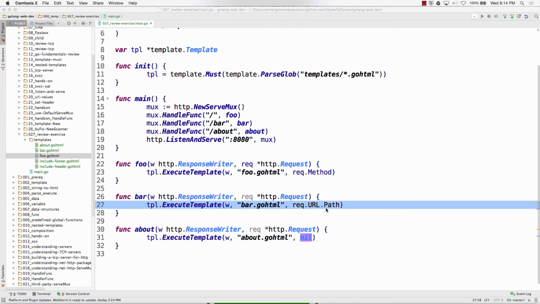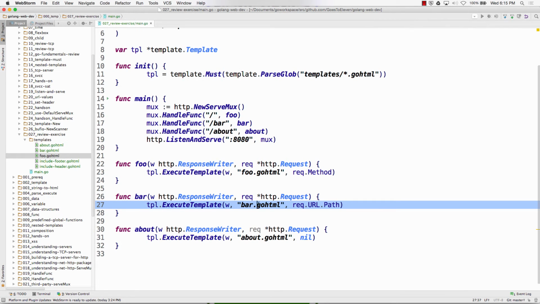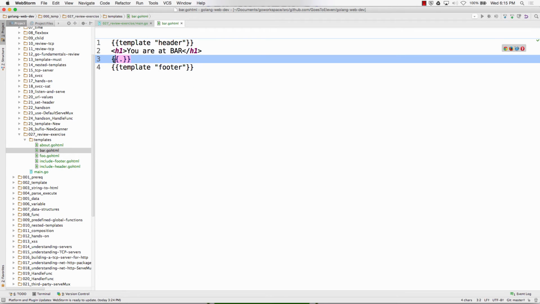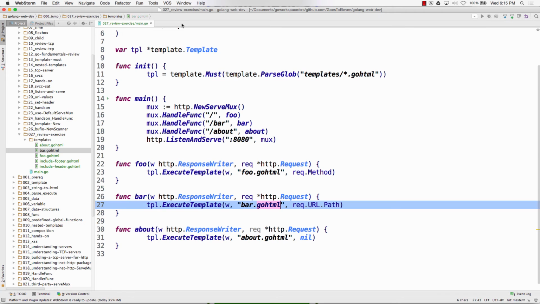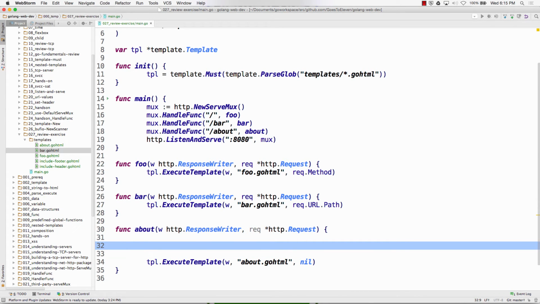So request URL path. And what does that give me? Path is a string. So I'm going to pass in a string. And that's going to go to bar. And I could wrap that in a paragraph. Here is your path. And then the last one is some information about me. So data,